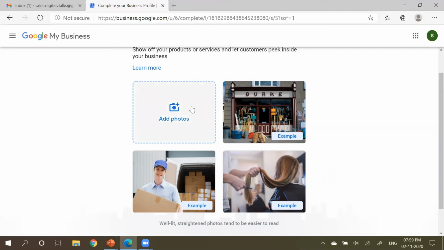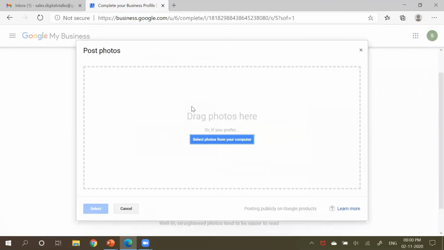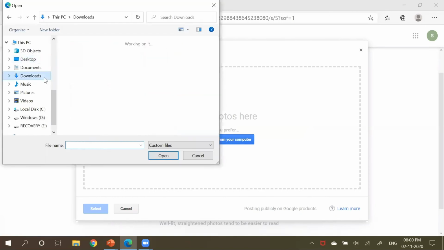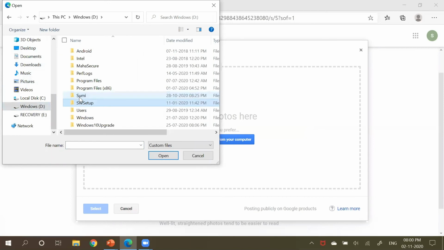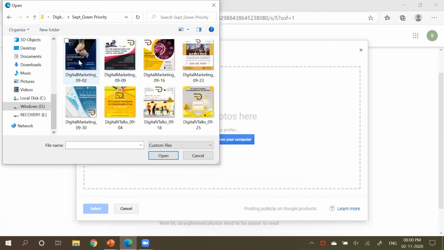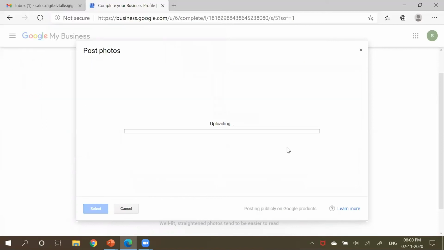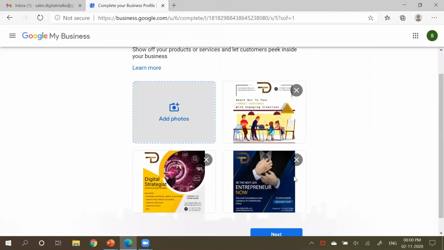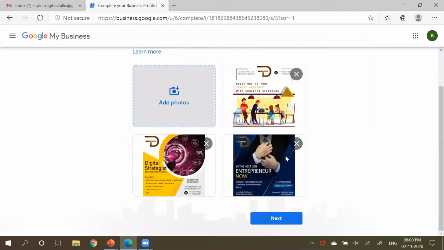If it is not doing it, you're actually confusing your end users. Okay, so I have these photos which I can open, and yeah, so I have chosen the images which represent whatever I am offering, and I say next.